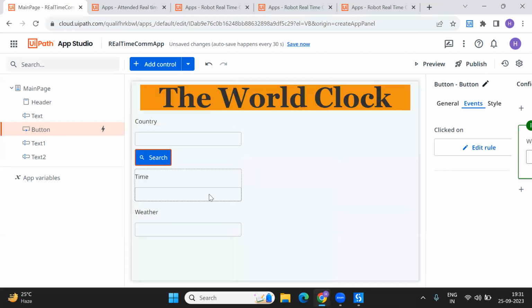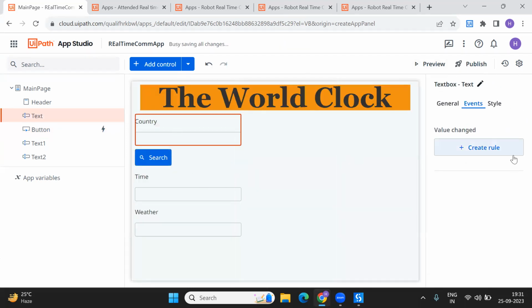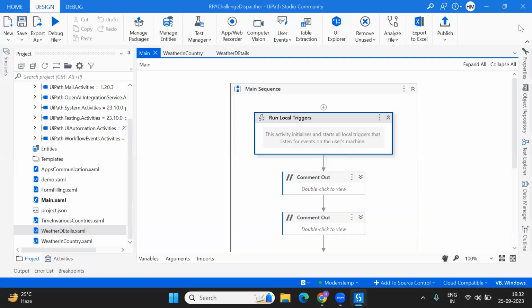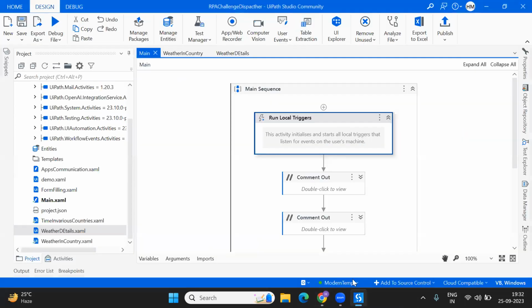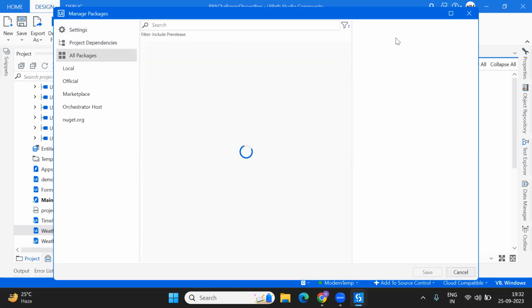So before that, I'm going to close this. So fine. I'm going to show you what we will do at this part before we actually go to the studio part. Okay. So now it's pretty much this in this app studio. So once this much is created, let's go to UiPath Studio, and here I'll tell you what we have to create. So the first and foremost thing is triggers, right? So the first prerequisite that you should have here is